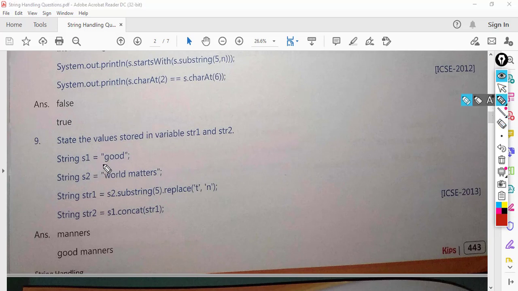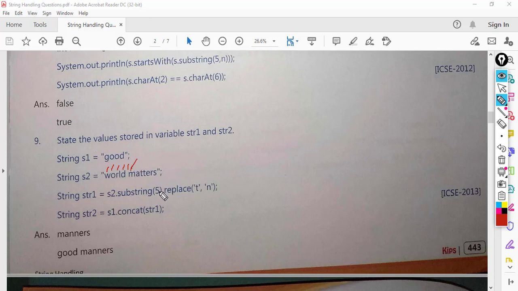Now let's see this one. s1 has got "good" and s2 has got "world matters". Okay, s2.substring(5).replace('t', 'n'), replacing character t with character n. So first of all, let us solve this. s2.substring(5), start from 5: 0, 1, 2, 3, 4, 5, okay, and go up till where?